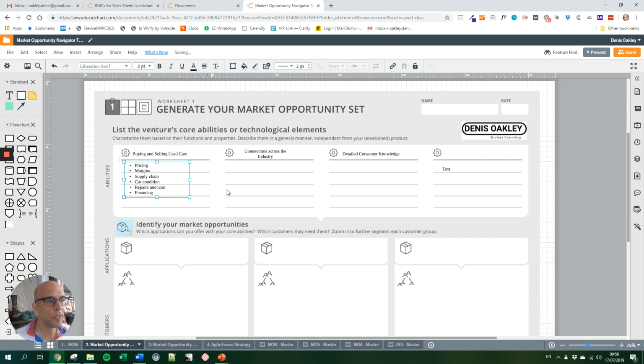Yeah, okay. So that's pretty good. So what connections have you got? Let's just copy and paste this. What do we know here about the connections across the industry? So there's obviously ones with the manufacturers. Bought some cars from abroad, for foreign suppliers, to do with the industry association, buyers association, who else? Other dealers,